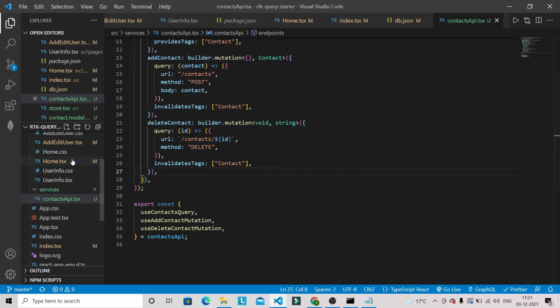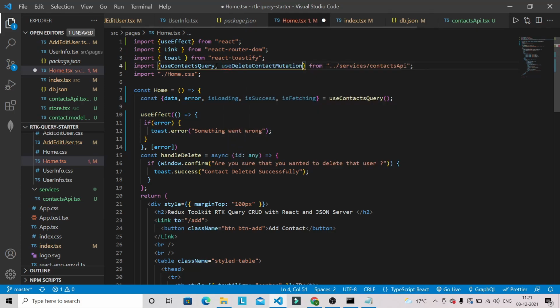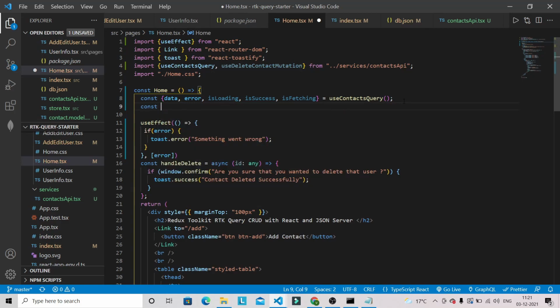Let's go into the home.tsx file, and here we can bring in that useDeleteContactMutation, and we can have deleteContact here.